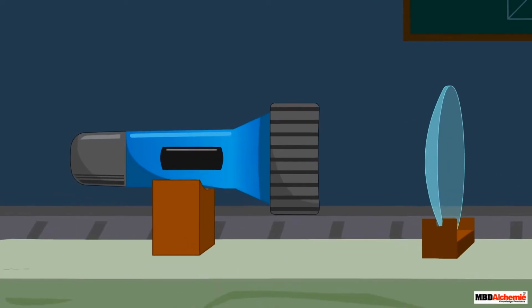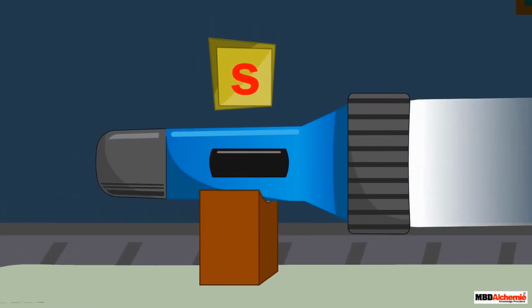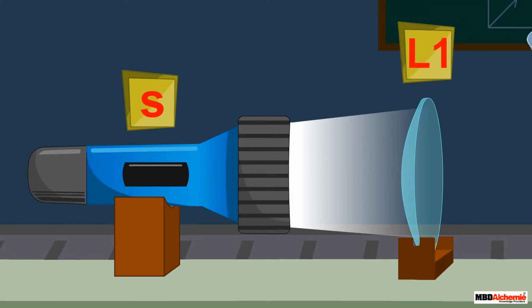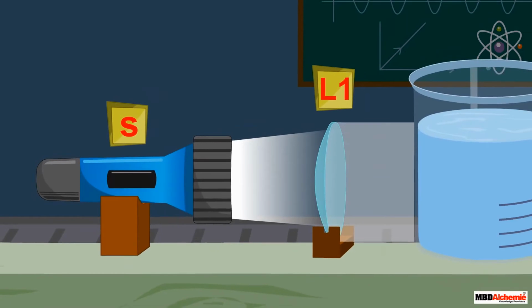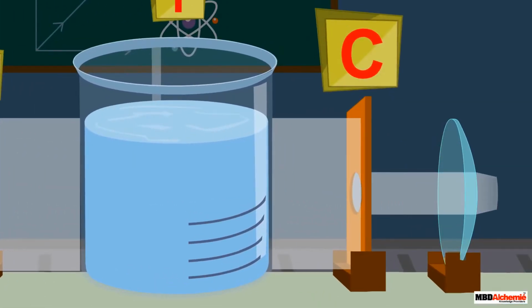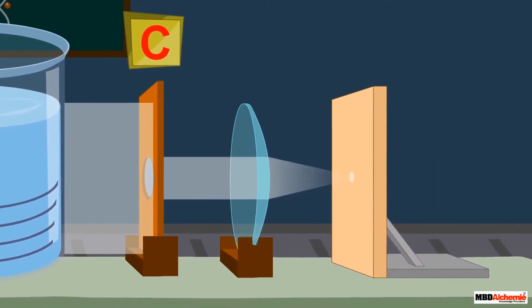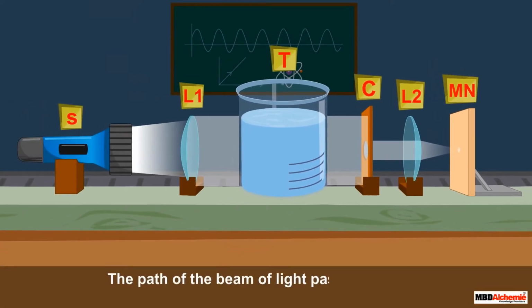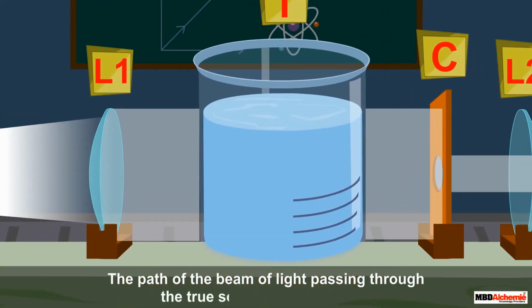For this, place a strong source S of white light at the focus of a converging lens L1. This lens provides a parallel beam of light. Allow the light beam to pass through a transparent glass tank T containing clear water. Next, allow the beam of light to pass through a circular hole C made in a cardboard and obtain a sharp image of the circular hole on a screen MN using a second converging lens L2. As you can see, the path of the beam of light passing through the clear water, that is, a true solution,